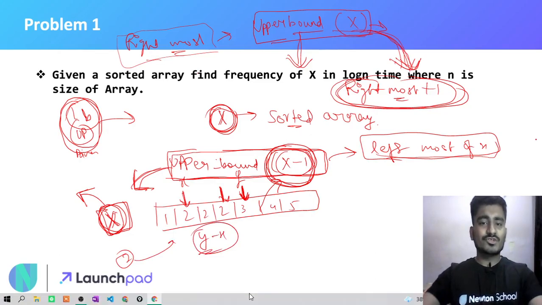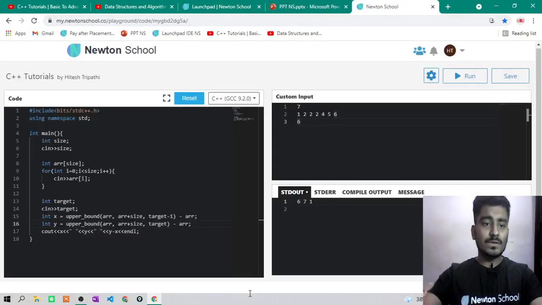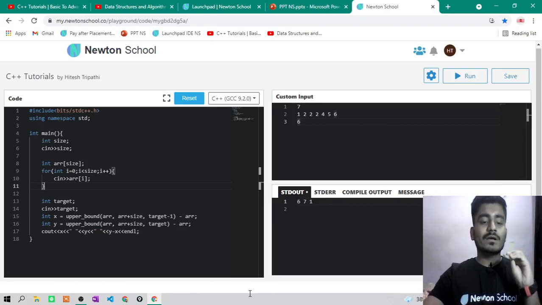Okay, so let me show you the implementation of this. Suppose you have some size and then you input that array, and then you have some target and you want to find the frequency of this target in this sorted array. What I have done is, x will have my leftmost occurrence of my target, and y will have the index of the rightmost occurrence of target plus 1.